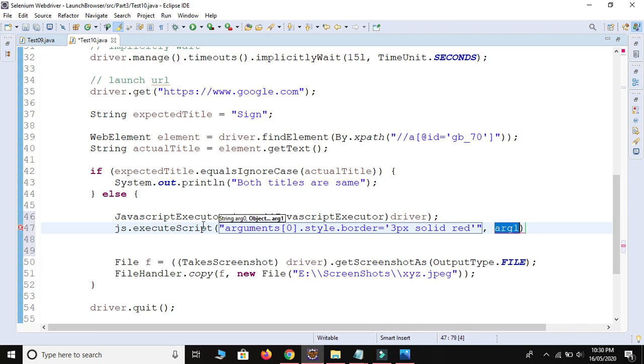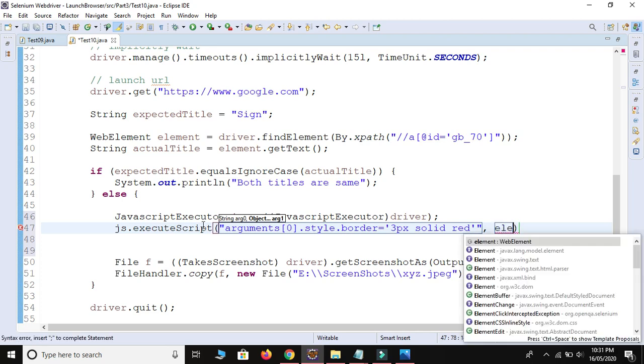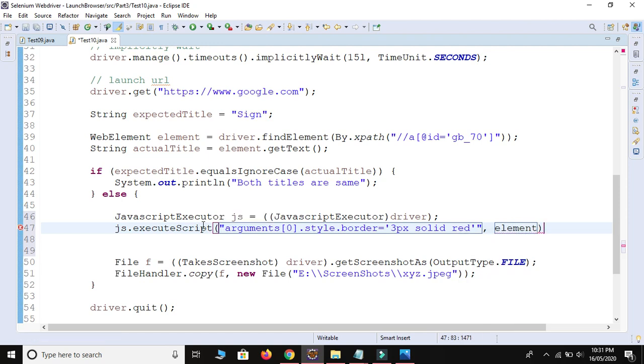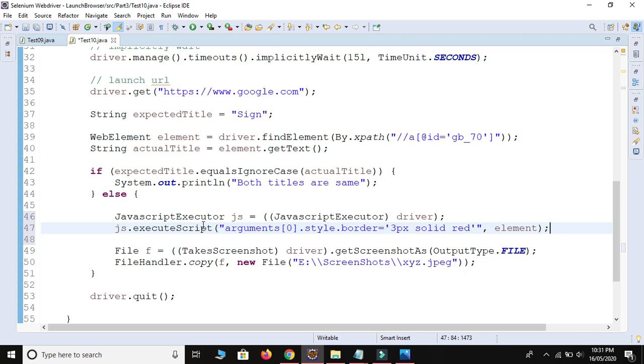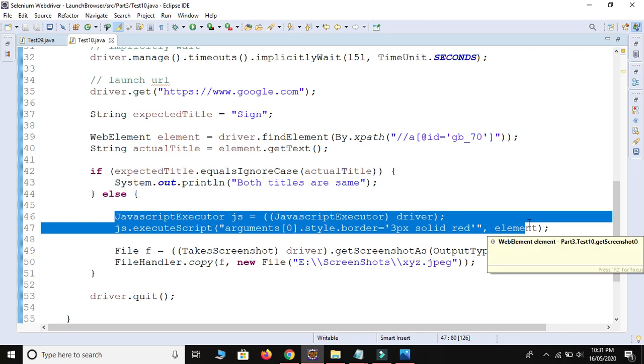And around which element? Our web element. So I will provide the web element. Let me save.